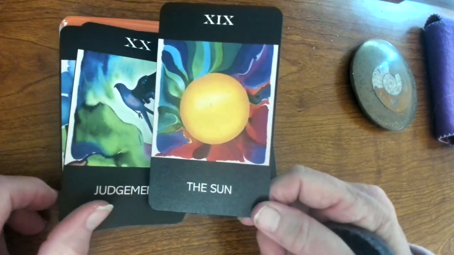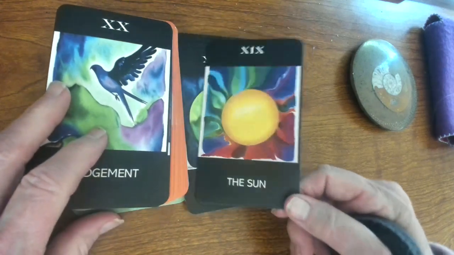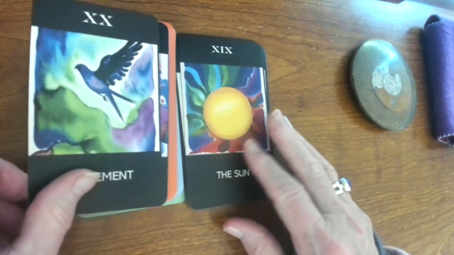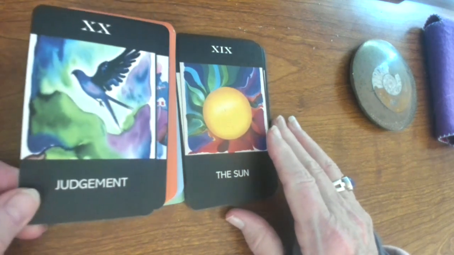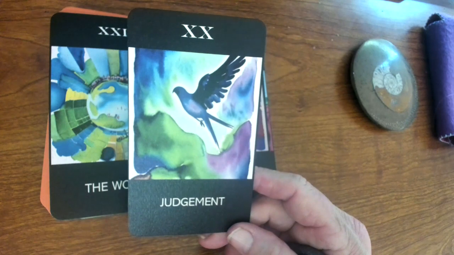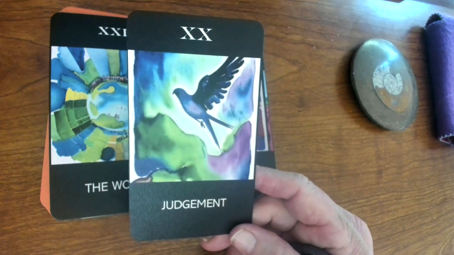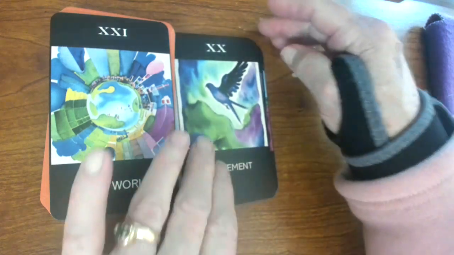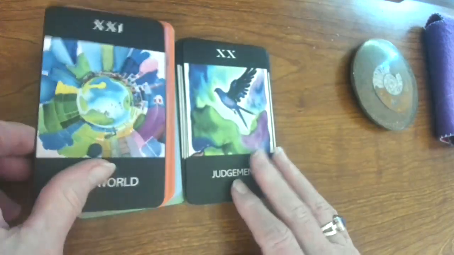It's not an easy card to do in some ways, because if you don't want to do a baby or someone on a horse or sunflower. I actually tried sunflower and could not get a sunflower. Judgment, I chose something that just showed something ascending from Earth, and I thought was pretty. That to me reflects judgment without a lot of religion.